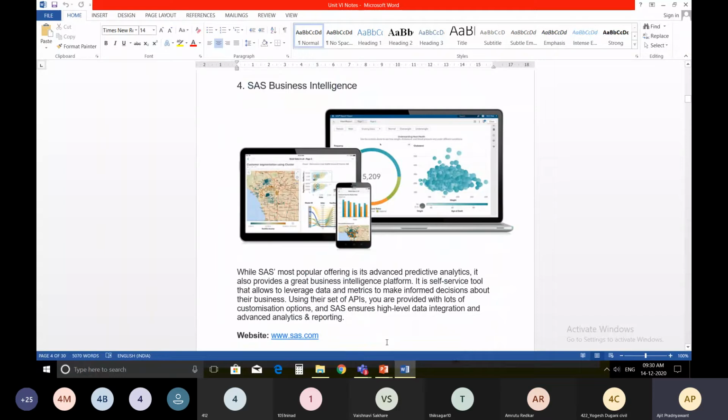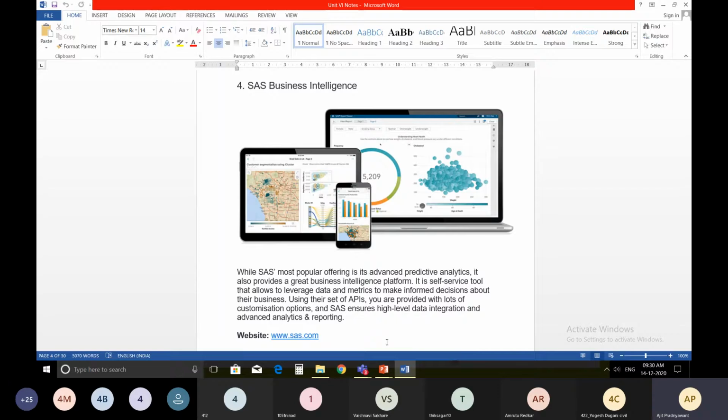Next is SAS Business Intelligence. Its most popular offering is its advanced predictive analytics. It also provides a great business intelligence platform. It is a self-service tool that allows users to leverage data and metrics to make informed decisions about their business.